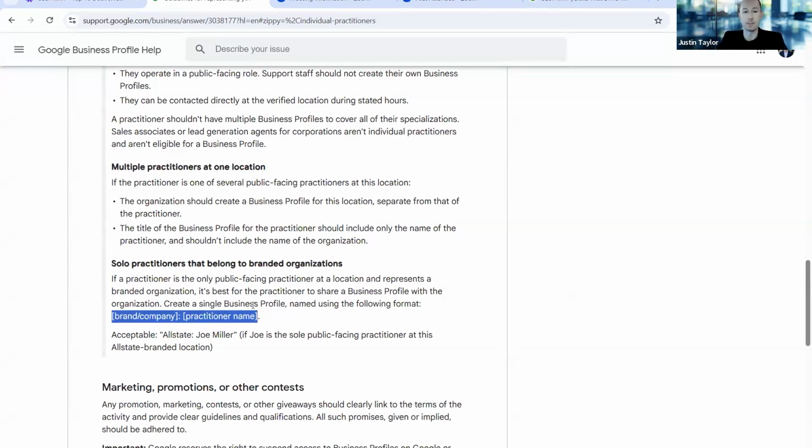Okay, I'm not saying that this is exactly how it has to be, but this is part of their terms. Obviously, I've done hundreds of Google business profiles, and there are some that are slightly different than this, and they haven't been suspended or anything. But again, the biggest thing is those special characters. So if you're going to put realtor in there with that R, you're setting yourself up for a suspension. Hashtag, the pound sign, all that kind of stuff. So essentially, brand company, or if you want your name to be first, we've done that too and have seen that not be suspended at all. So, for example, ABC Brokerage and then your name, or your name ABC Brokerage, or your name at brokerage name in there. Okay. So you don't want to get super creative.